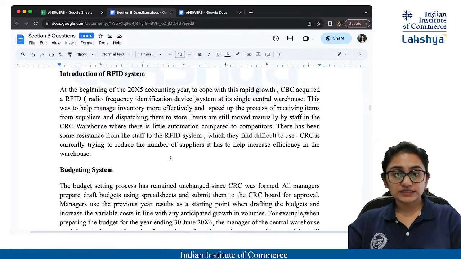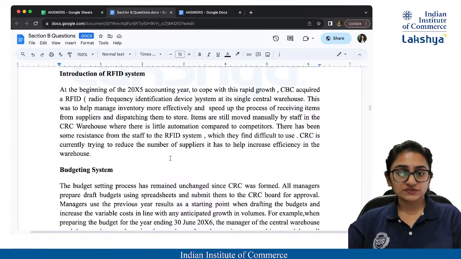Introduction to RFID system. What is RFID? Radio Frequency Identification Device. At the beginning of the 20X5 accounting year, to cope with the rapid growth, CRC acquired an RFID, that is Radio Frequency Identification Device system, at its single central warehouse. This was to help manage inventory more effectively and speed up the process of receiving items from suppliers and dispatching